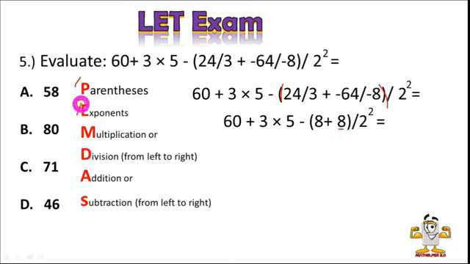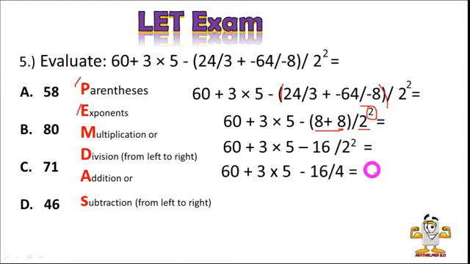So, next is exponent. So, ang next nating isolve is yung may exponent 2. So, 60 plus 3 times 5 minus 16, sa loob ng parenthesis 8 plus 8, divided by 2 squared. So, 60 plus 3 times 5 minus 16, yung 2 squared, which is equal to 4. Next is